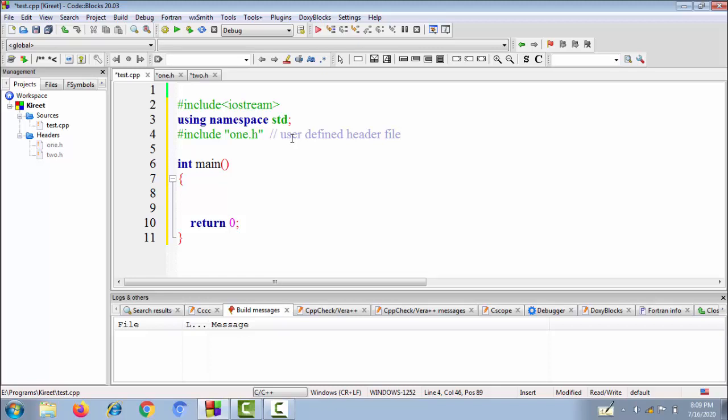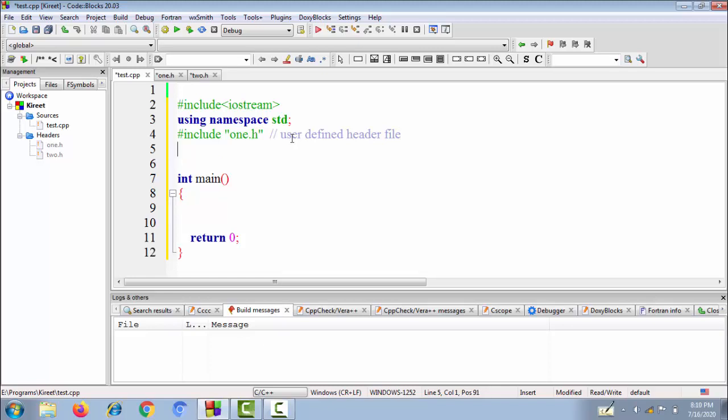The compiler knows that these identifiers are present in the standard library, but here I am telling the compiler that this is my header file and I am including it. So it will search in my current directory, that is the create folder, to see whether 1.h or 2.h is present in this create folder.